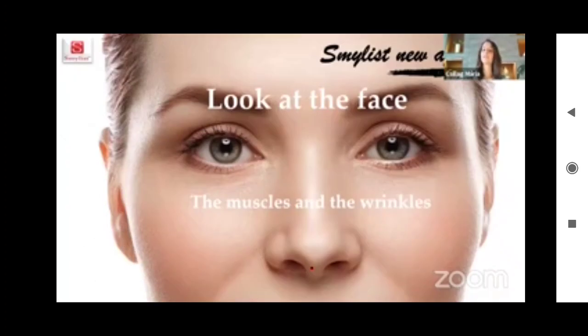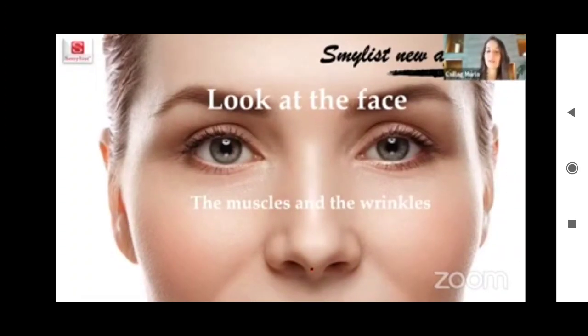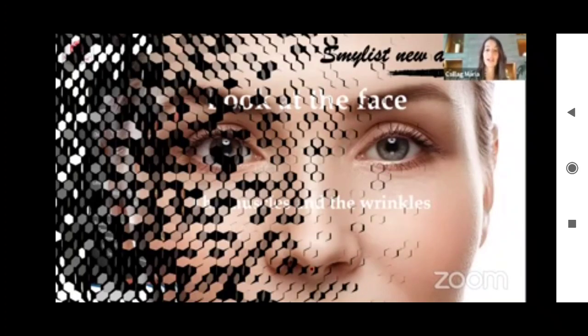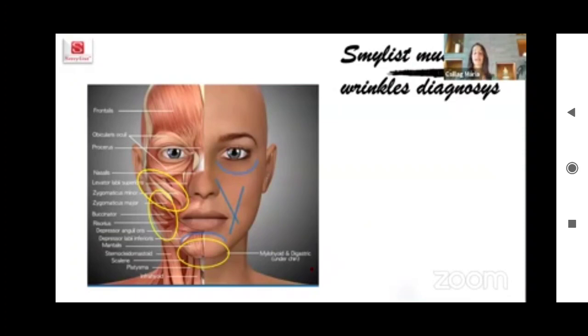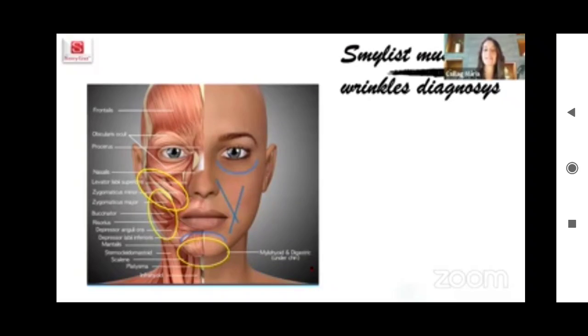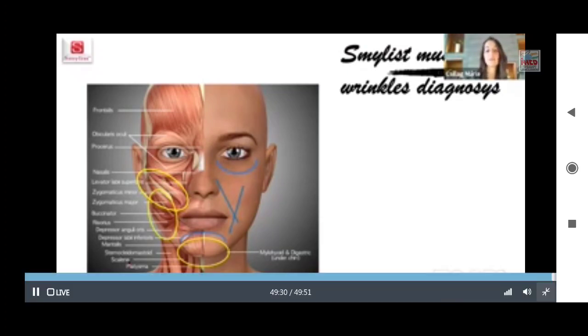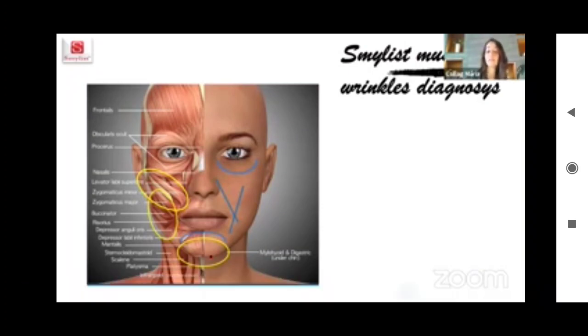So looking at the face, more and more details can be seen. Not only the anatomical structure, not only the midline, but we can see the muscles and the wrinkles as well, which are really great and important signs from the face. Three main muscles can be seen on the face: the zygomatic muscles, the masseters, and the mentalis muscles on the tip of the face of the